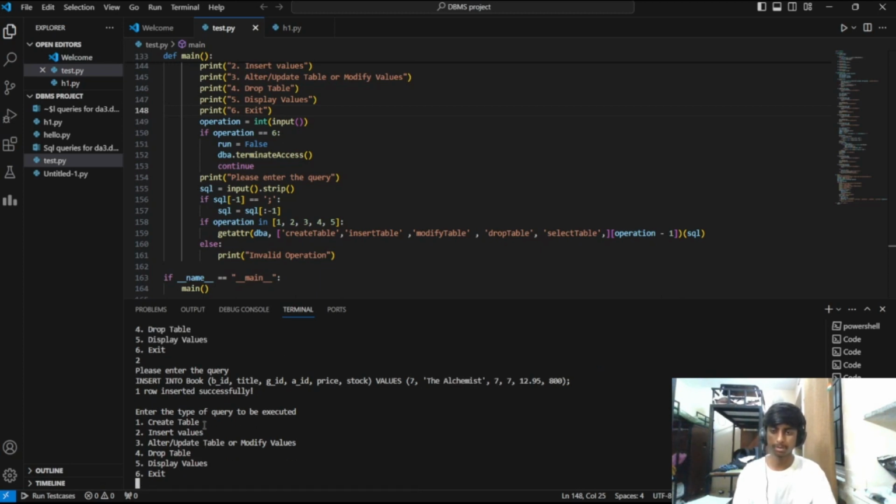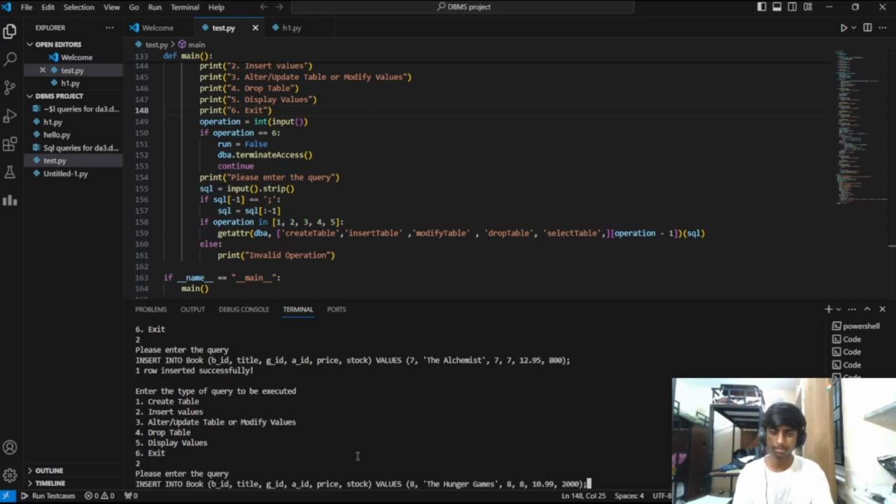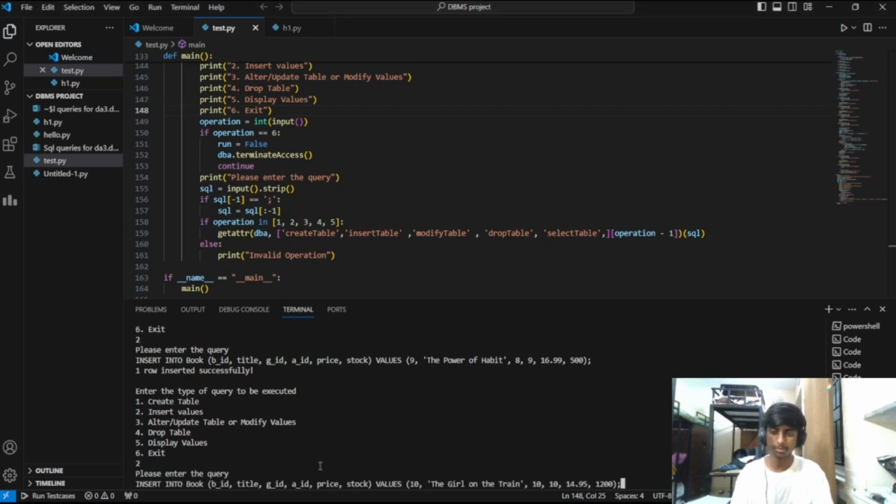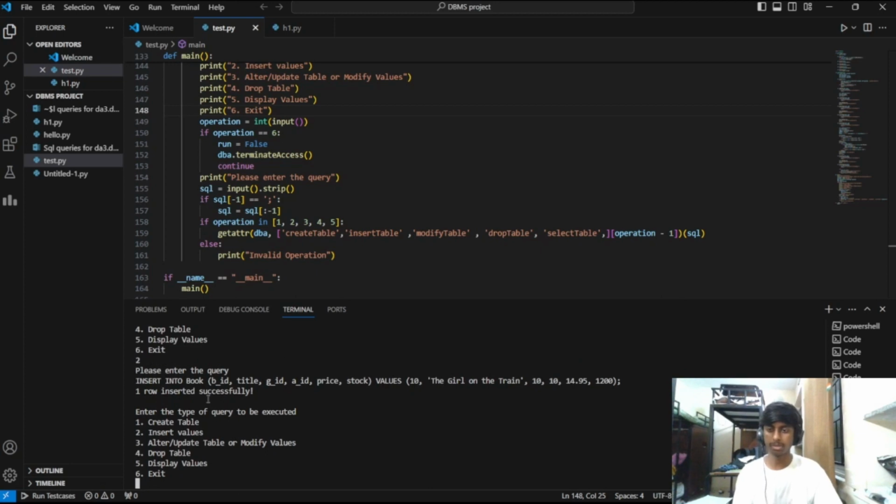So yeah, the row got successfully inserted. Now I've successfully inserted all the 5 records for the book in the table called book, and now I'll be